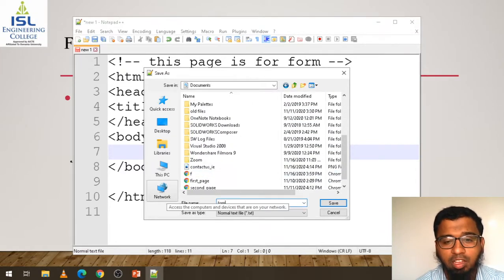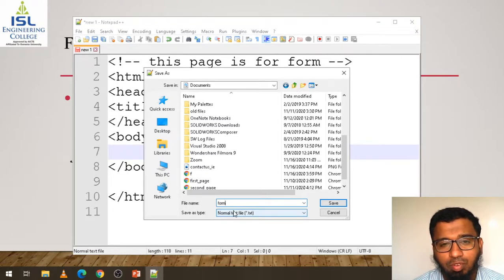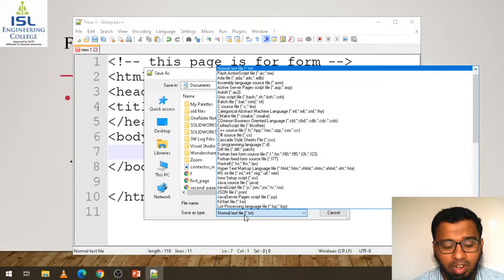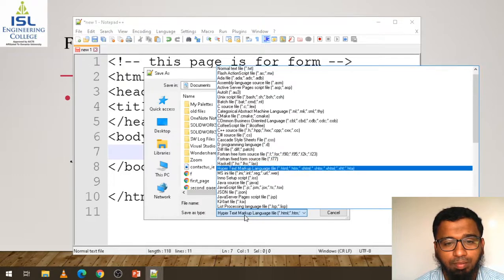My file name is form, the same as we save in Notepad. In the same way we need to save the file here. No need to write dot HTML; go and find HTML, press the H button on the keyboard. Can you see here HTML, HTM, SHTML? All these kinds of extensions are there.